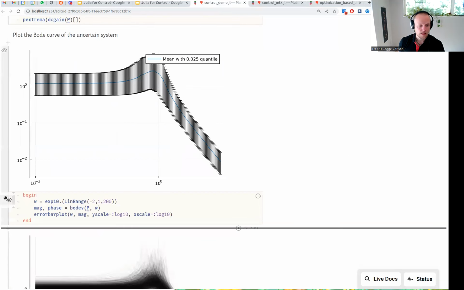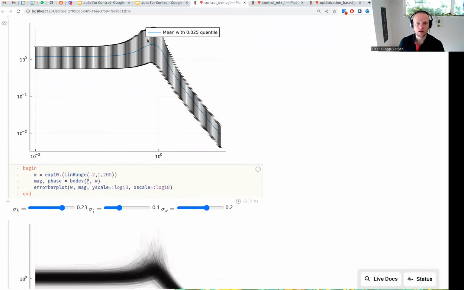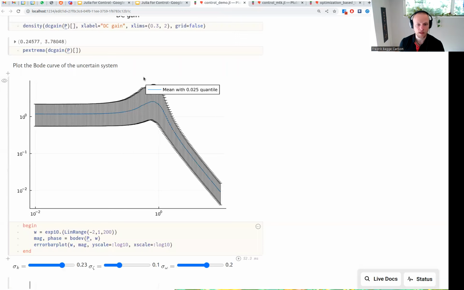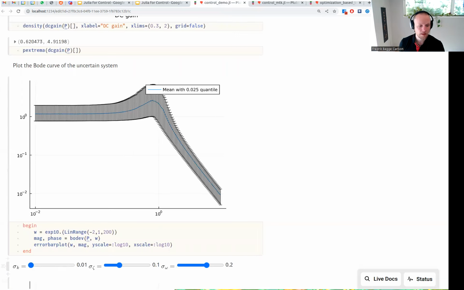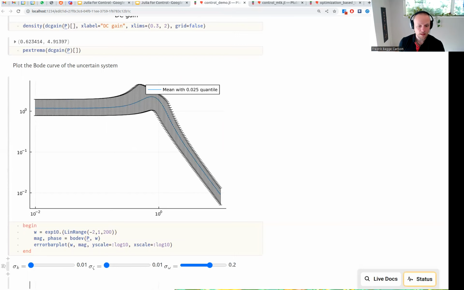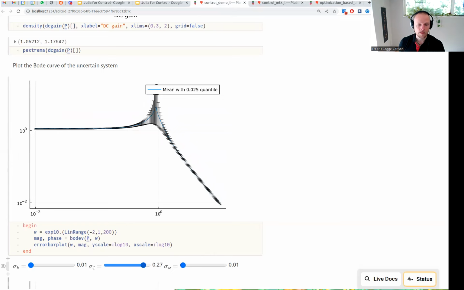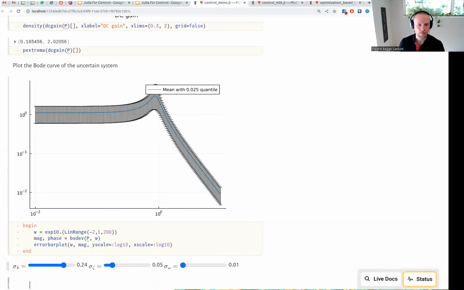I can do things like plot the Bode plot of this transfer function. And we see that now I have some uncertainty in the Bode plot. If I remove the uncertainty in the gain, we see that if I only have uncertainty in the natural frequency, the peak is kind of smeared here. If I have uncertainty in the relative damping, we see that now I am very sure about the DC gain, but I am unsure about the height of this peak. And if I'm just unsure about the gain, I just have a uniform uncertainty along the entire